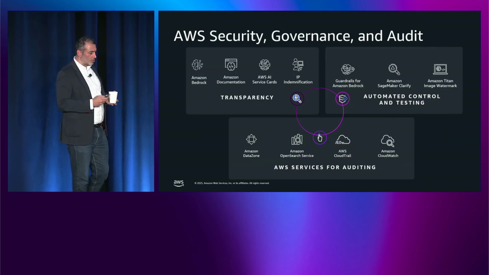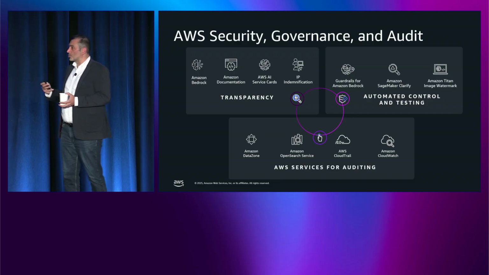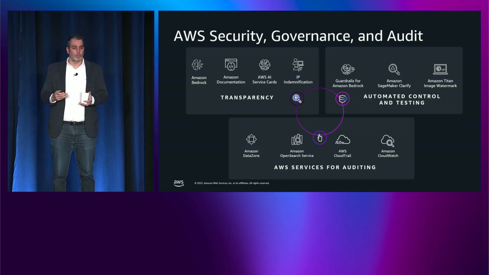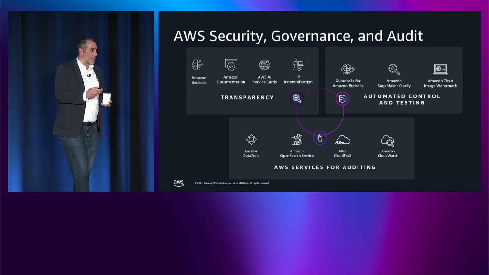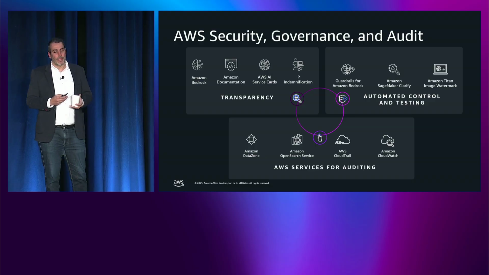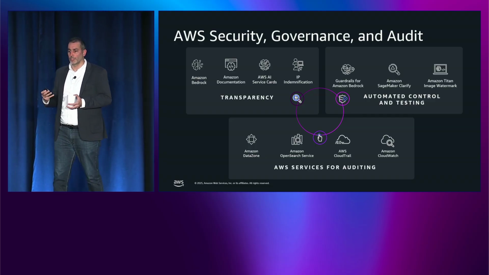Now, in terms of trust, security, governance, audit, I want to highlight 3 points here. The first one around transparency. It's extremely important to acknowledge what are the models that are available, how services are developed, what are the intended use cases. In fact, we started this with our AI services, where we had AI service cards, and we've now